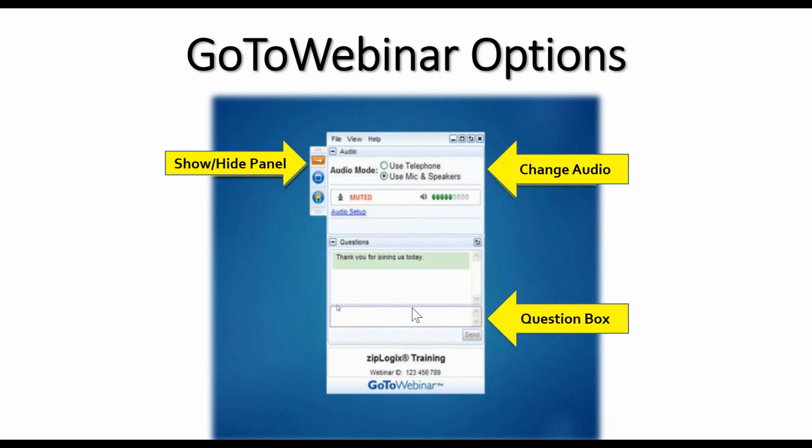One final note is that the question box or the chat features below are the primary mode of communication. So please feel free as we move through today's webinar to ask any and all questions you have. I will do the best I can to answer them as we move forward. If it's something I feel that I can't answer right now, I will certainly get back to you, or I will answer at the end of the webinar if it doesn't necessarily pertain to our topics today.